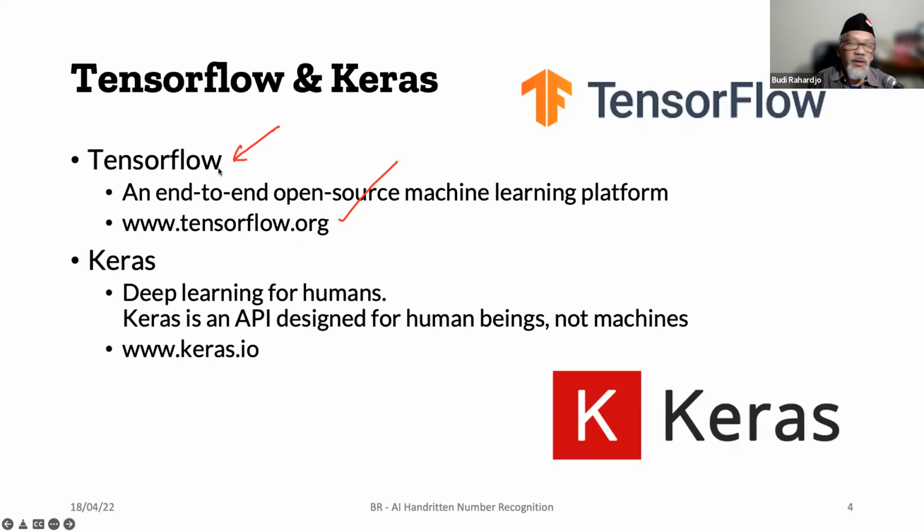Because of TensorFlow, the field of AI moves rapidly. And the nicest thing about TensorFlow is that it's open source, so everybody can look at the code. It is also available for multiple platforms: Linux, Mac, Windows, and so on. Even these days, there's TensorFlow Lite for mobile phones, so you can run TensorFlow on a mobile phone. So if you talk about AI, everything is done in TensorFlow.